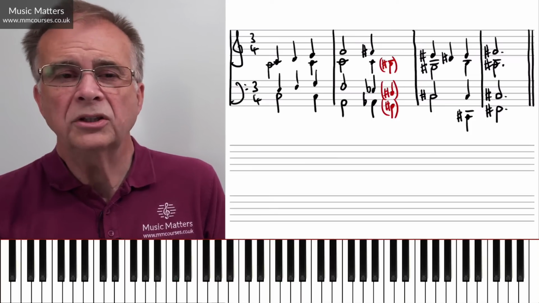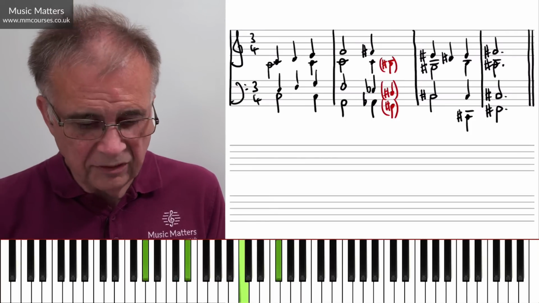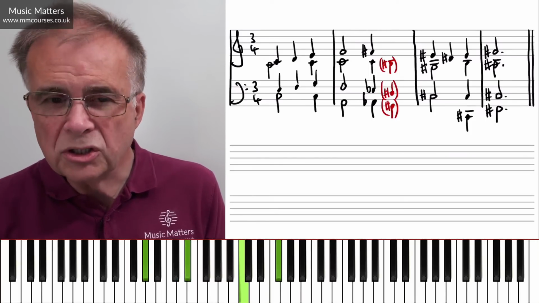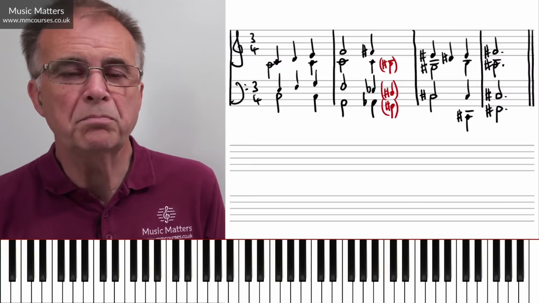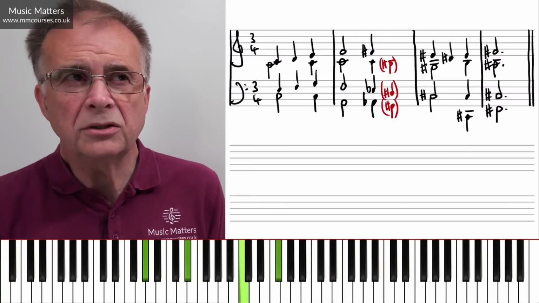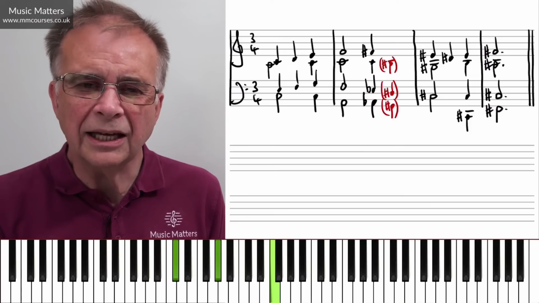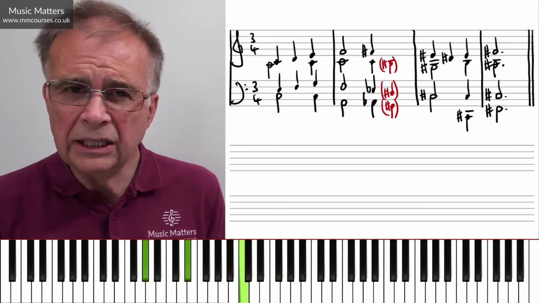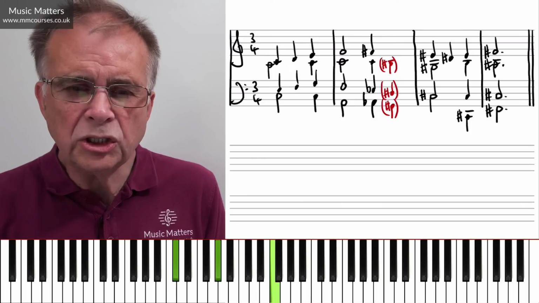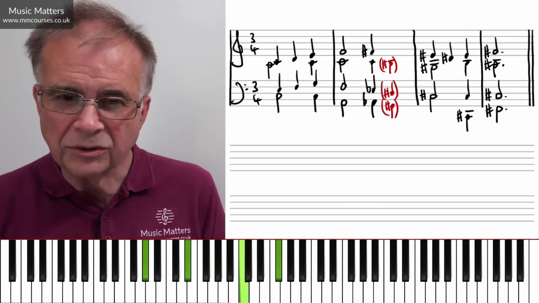Quite often you have a 5/7, a dominant seventh, and it's going to resolve to the tonic chord. There are other possibilities, but that's the most common. The dominant seventh goes to the tonic chord. You can kind of hear that that's where it wants to go. You hear that F sharp pulling us down to E sharp. So that's what's happening there.